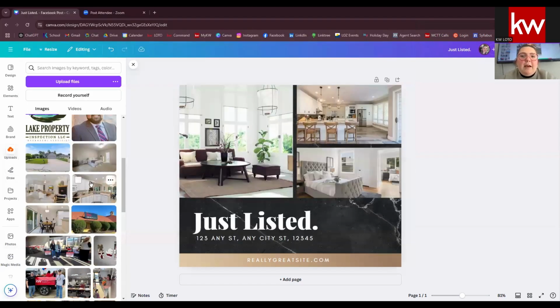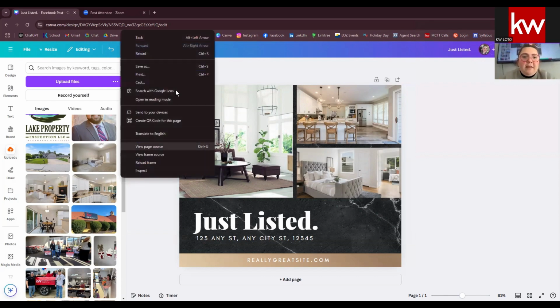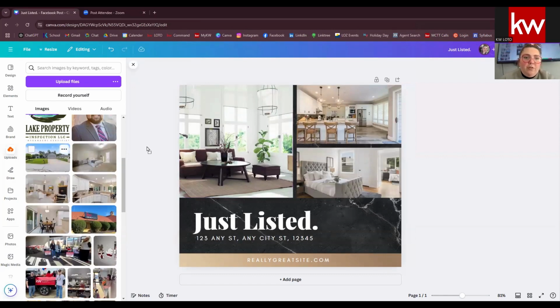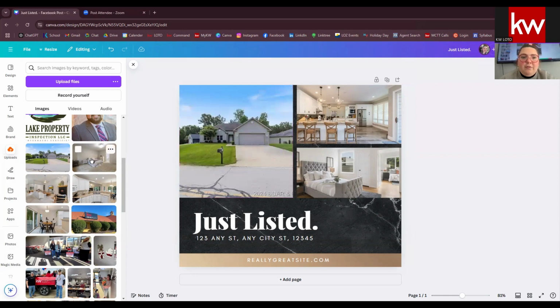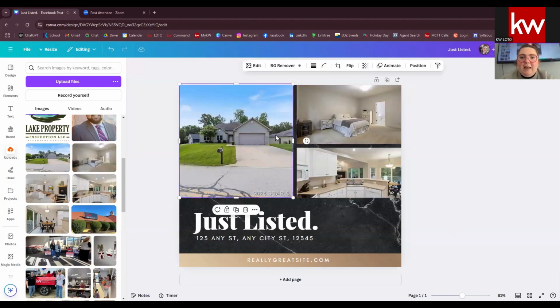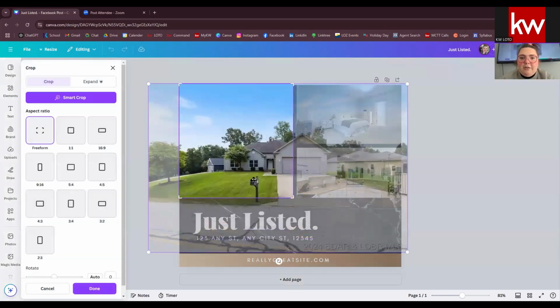If you need help figuring out how to save files, a lot of the time you just use your mouse to click on the right option instead of the left option. Then a lot of the time you can click save as, and that will save a photo for you. Once you have your photos here in Canva, you just drag and drop them in, drag and drop them in, and drag and drop them in. So now I have a pretty just listed